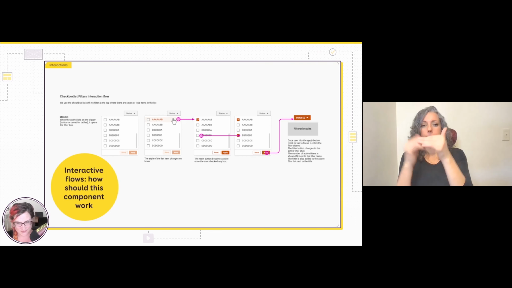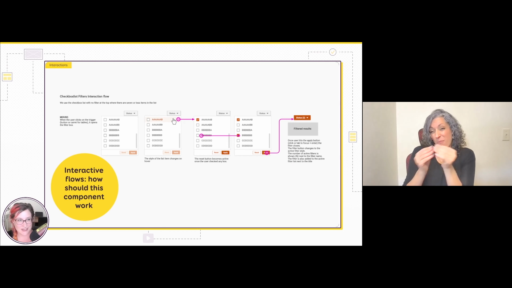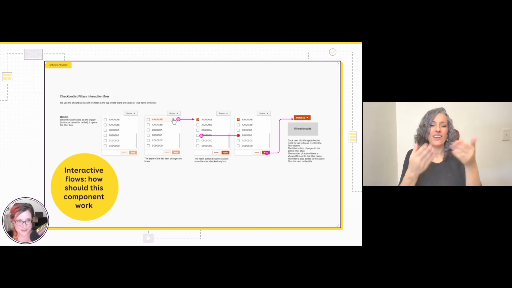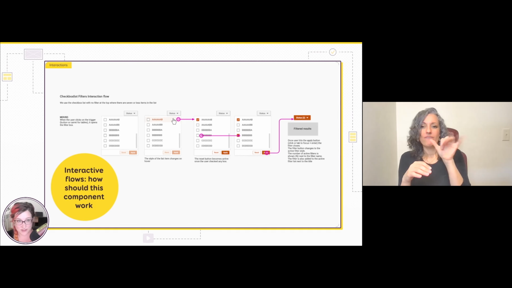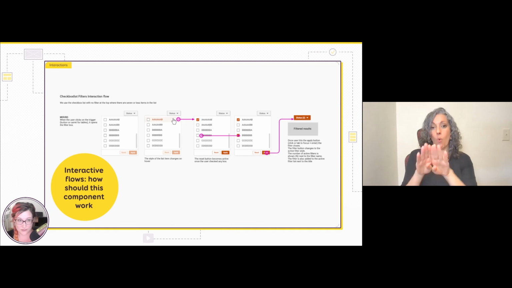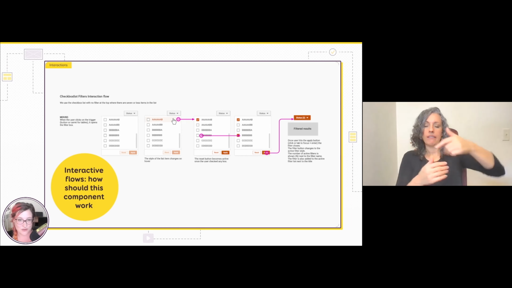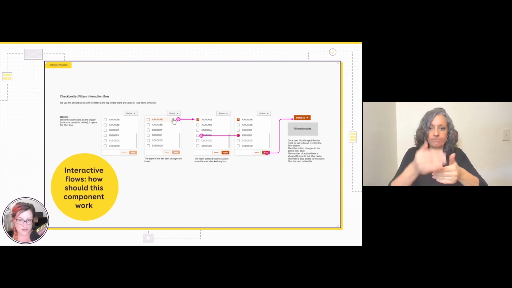For complex components, if I have a lot of interactions, I build an interaction flow. So this is a little bit more complex, but here I have an example of a component that is a filter. You click on a button and it will open a list of checkboxes, and you can check and uncheck. For instance, if you want to remove some columns from a table, something like that. So here what I start by documenting is mouse interaction. I document step by step what happens when a user opens the filter, hovers an element, checks one of the boxes, hits the apply button, things like that.